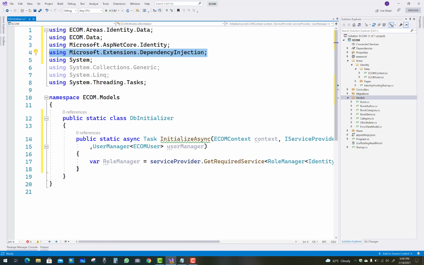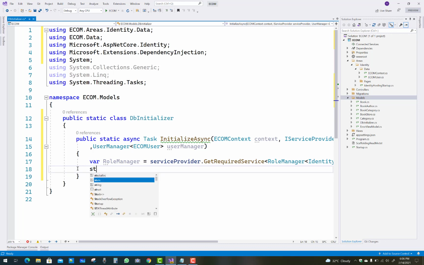After that, assign some roles. In this project we have two roles, the admin role and the user role. After that we will create some other roles like customer roles, sales roles, and lots of roles in the project, but for now I'm creating only two roles.